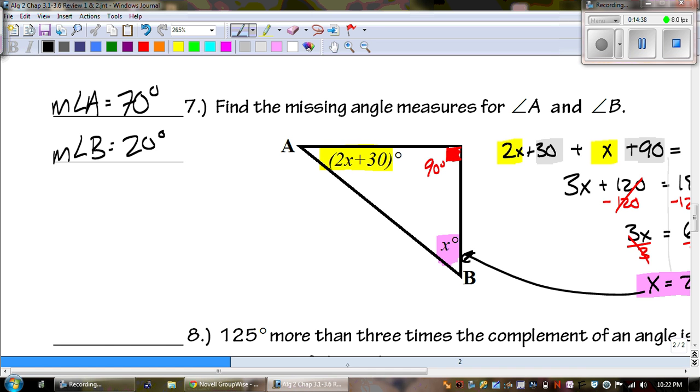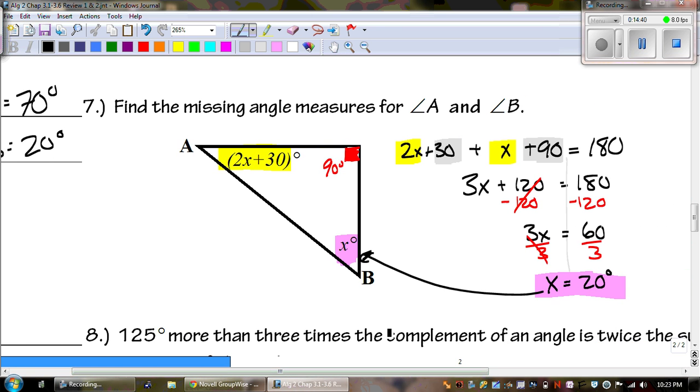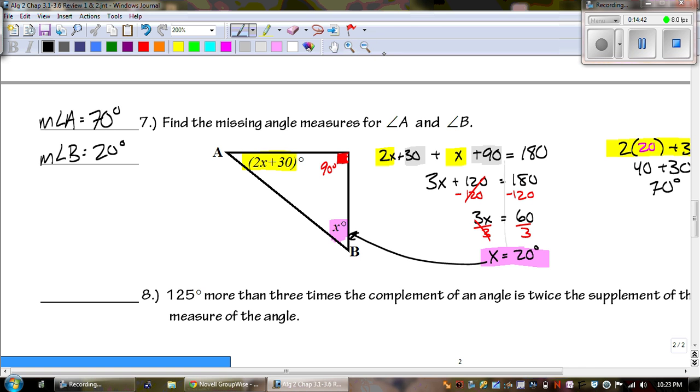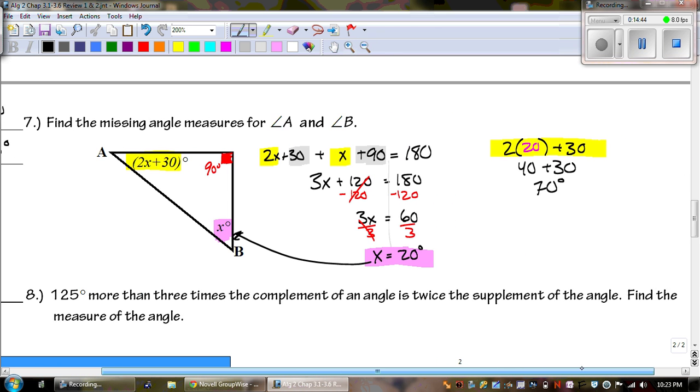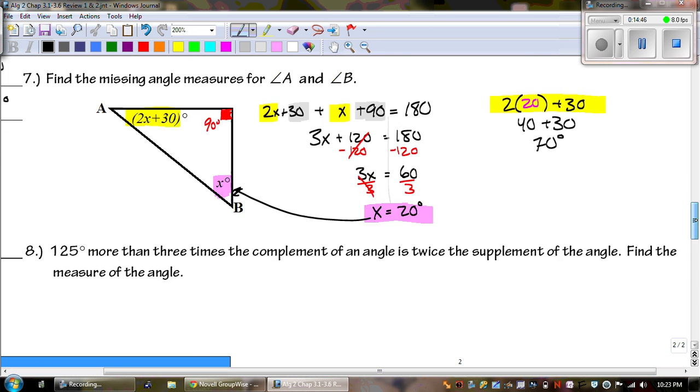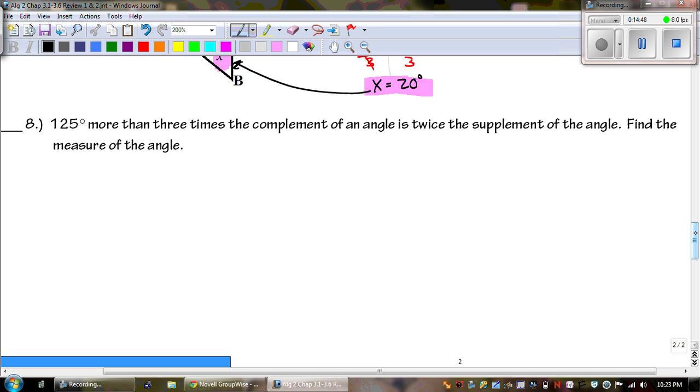Okay, last one. Number 8. Our favorite, the word problems. Yeah, word problems with angles. Okay, so let's go ahead and read this. 125 more than 3 times the complement of an angle